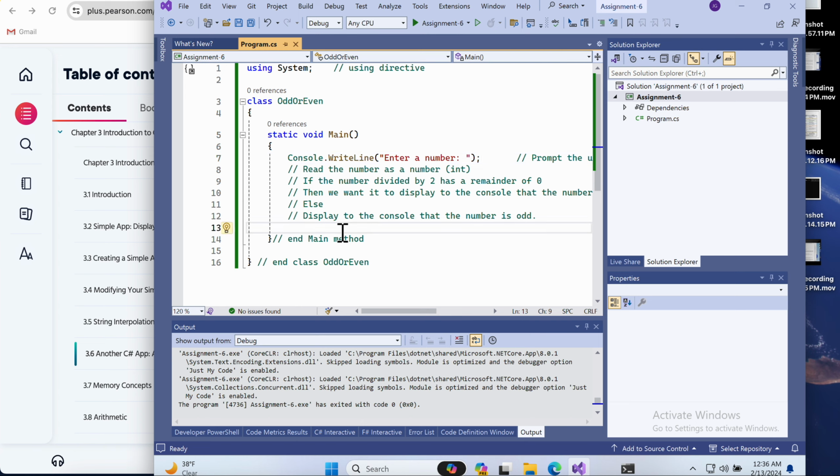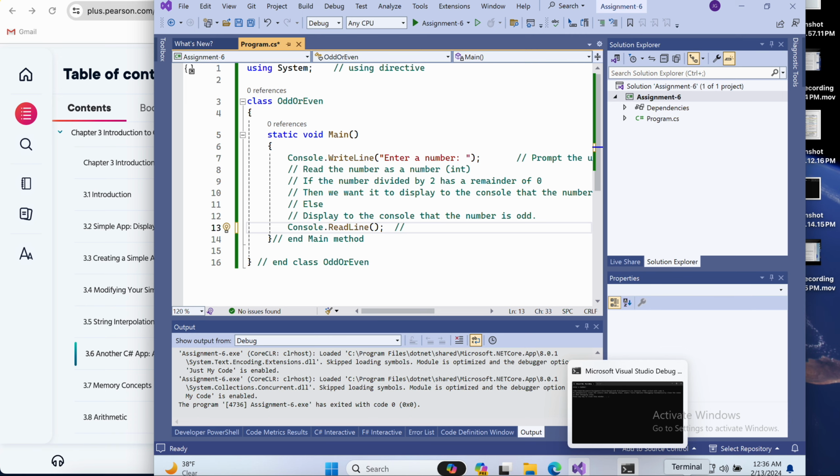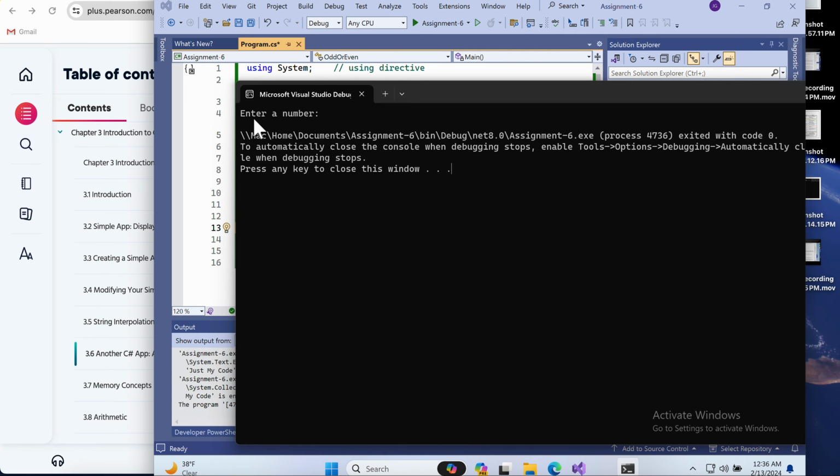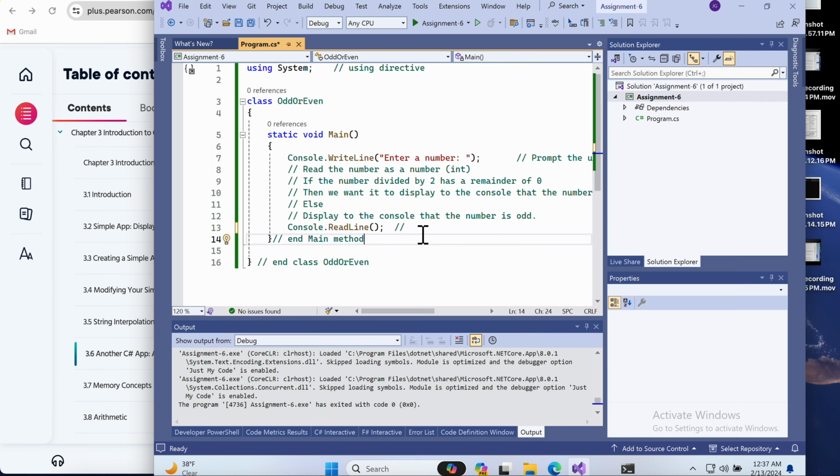If we want it to not say that, we can enter console.ReadLine, and we're just going to leave it empty. What this does is keep the console window open. Once you open it, it displays enter a number, and then it's done. So once it's done, it displays all this. If you keep it open, it's not going to display that. So we're going to do a console.ReadLine, and this is what will keep the console window from closing